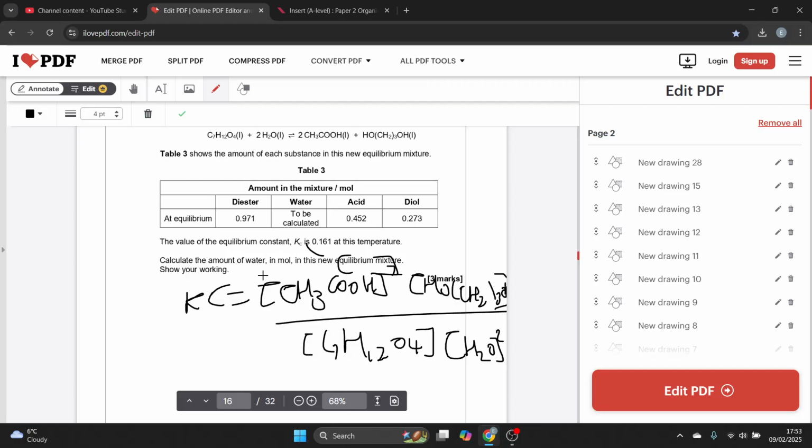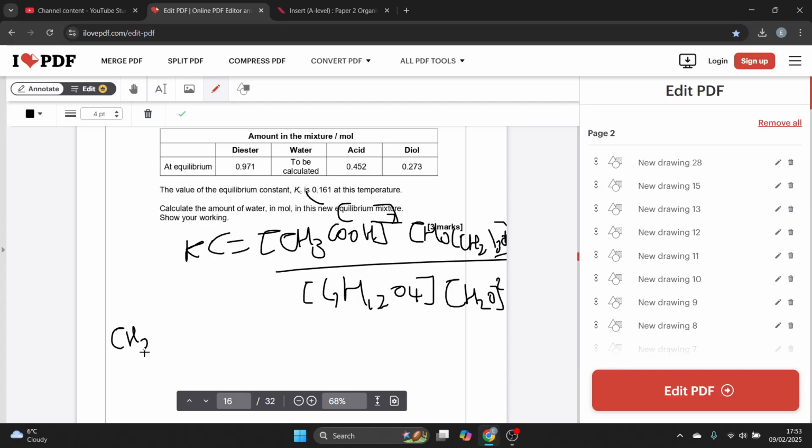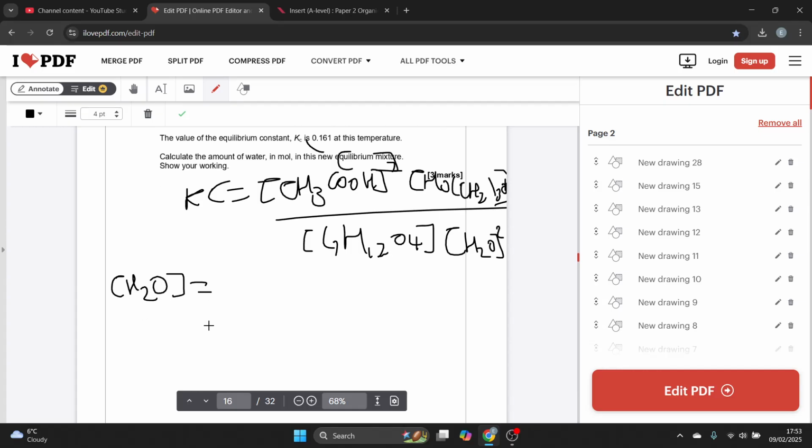Calculate the amount of water, so H2O. All that's going to be is H2O equals the square root of